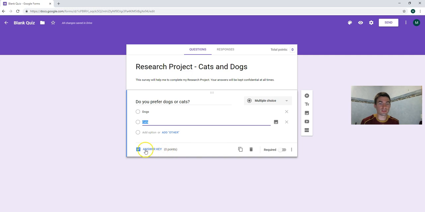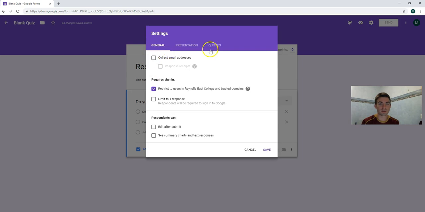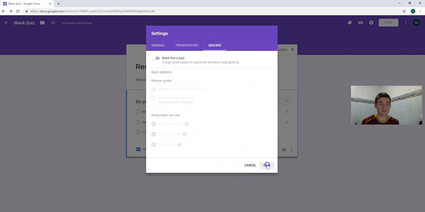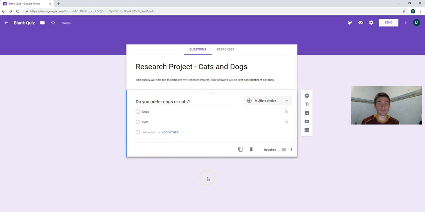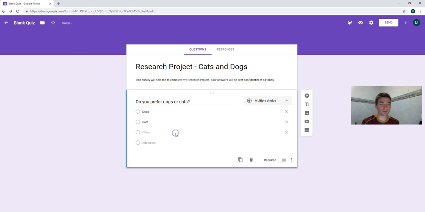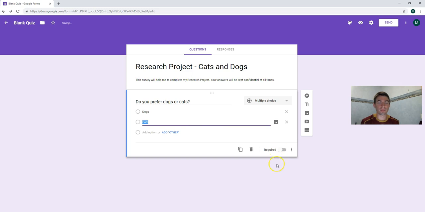Now, at this point, this one is set up as a quiz, but we can turn off that setting. We'll go up to settings here, quizzes, turn that setting off, save, and that answer key has disappeared now. You can add an other option, where people can include their own answer, but for a question like, do you prefer dogs or cats, really the answer is dogs or cats. If you want somebody to make sure that they answer that question and not skip it, you just click on here, required, make it a required question, and that way they have to answer it